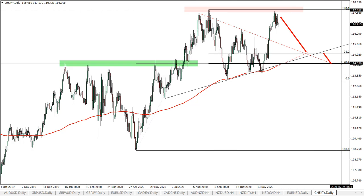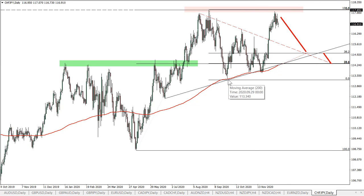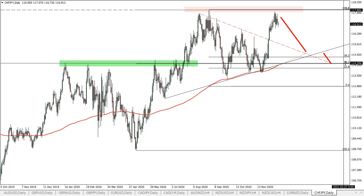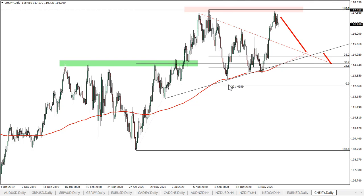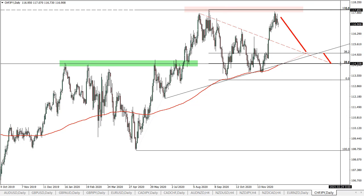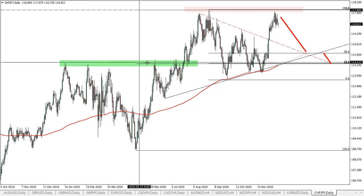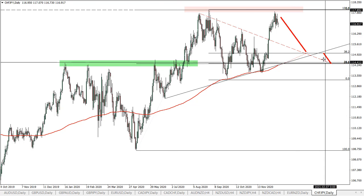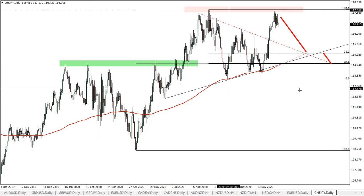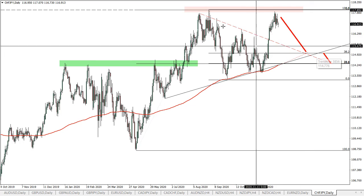Actually, we can see that there are 2 levels. I will just move one so you will be able to see them. We have 38.2 and 23.6. Let's put it back in. This level is also extremely important. We have previously formed a resistance, key resistance here, so it's definitely a demand zone for buyers in case it will decline that far. So to support these fibs as well, what we have, the first one is supported by